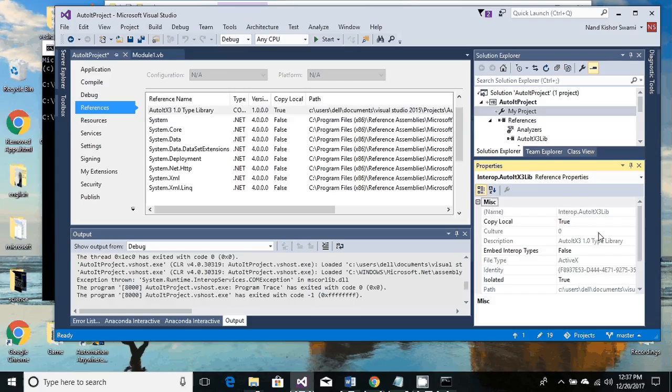So let's see the settings again. Isolated true, Embed Interop Types false, Copy Local true, and just save it. And you need to register the DLL again,